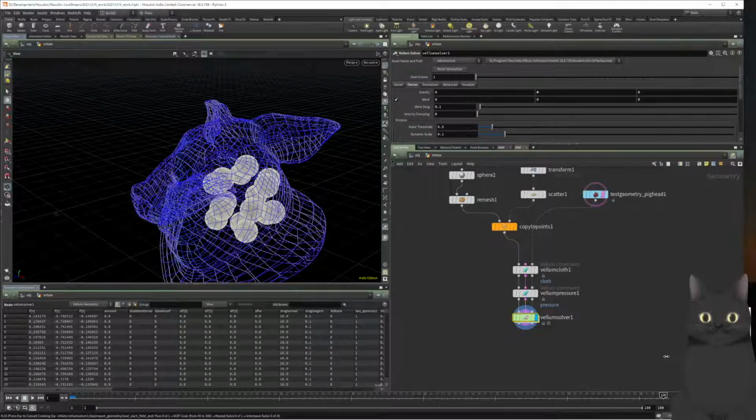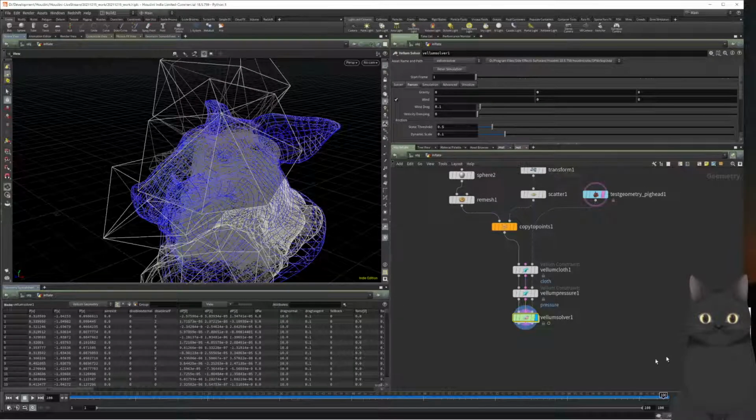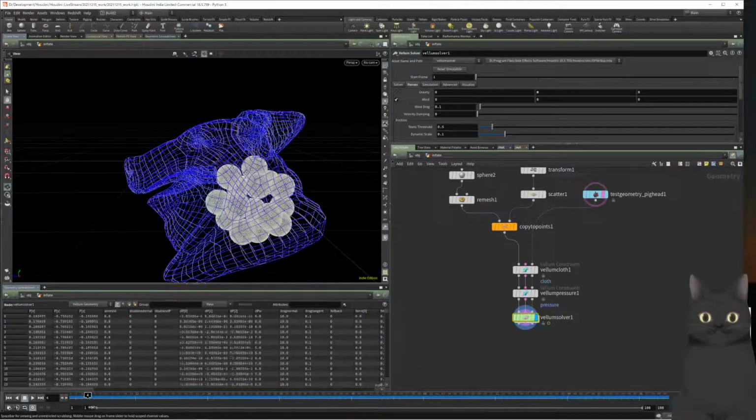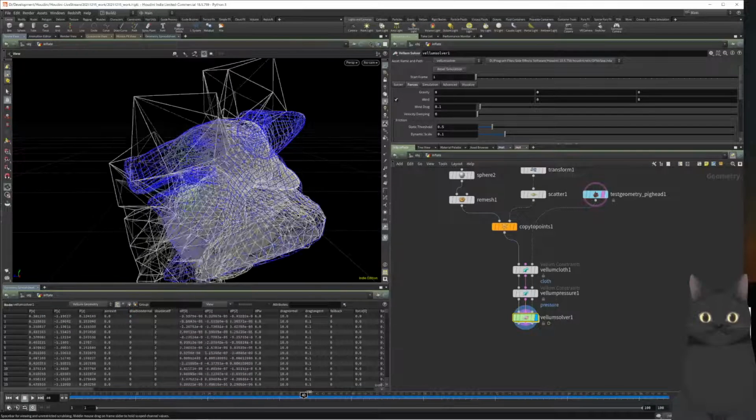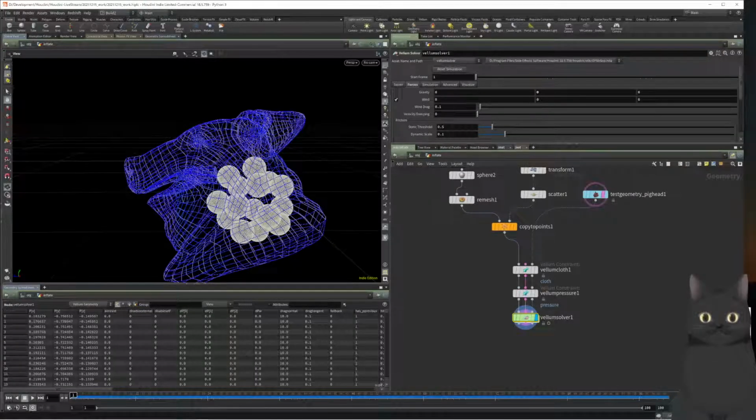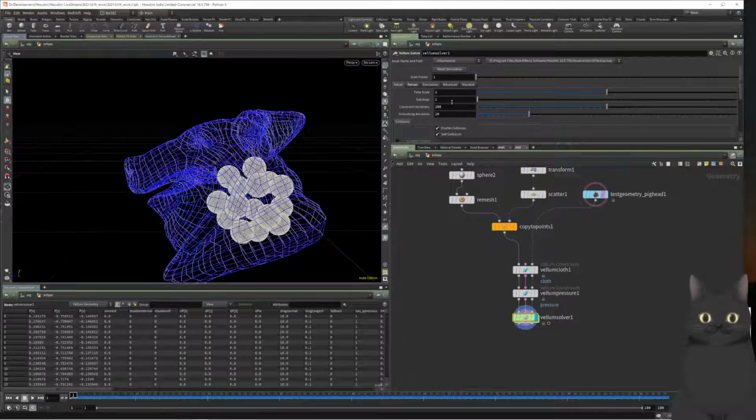So another simulation is done, and you can see the spheres are inflating, but at a certain point we are getting these artifacts or it's not getting the shape exactly. So what we need to do is change substeps in Vellum Solver. So go to Solver and first substep should be around 8 and here should be around 10, and